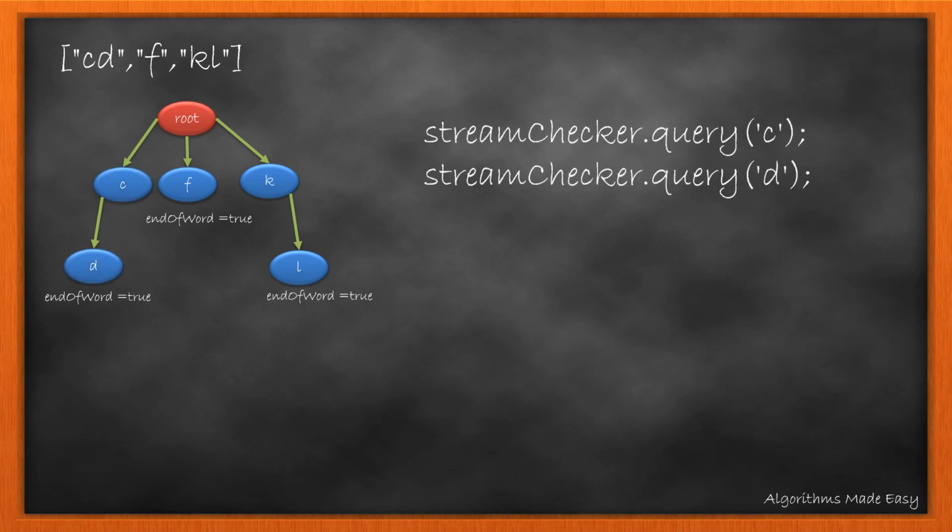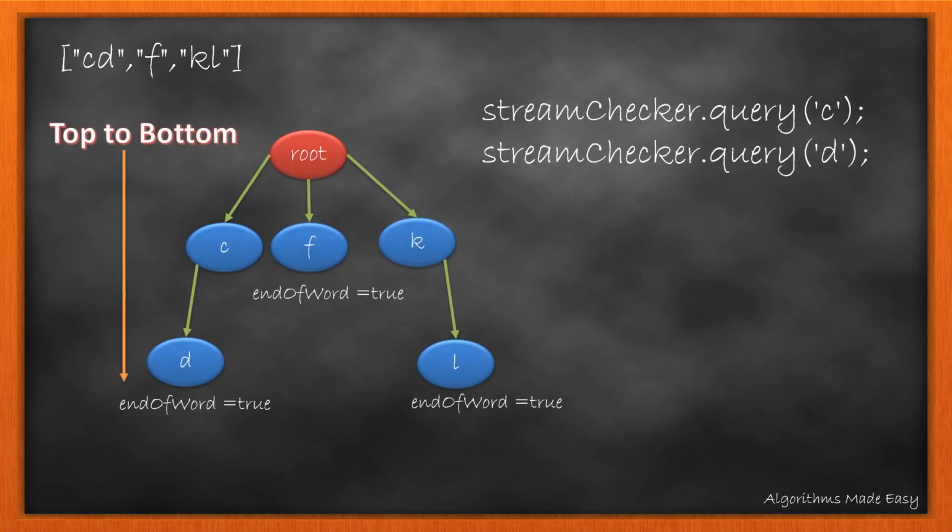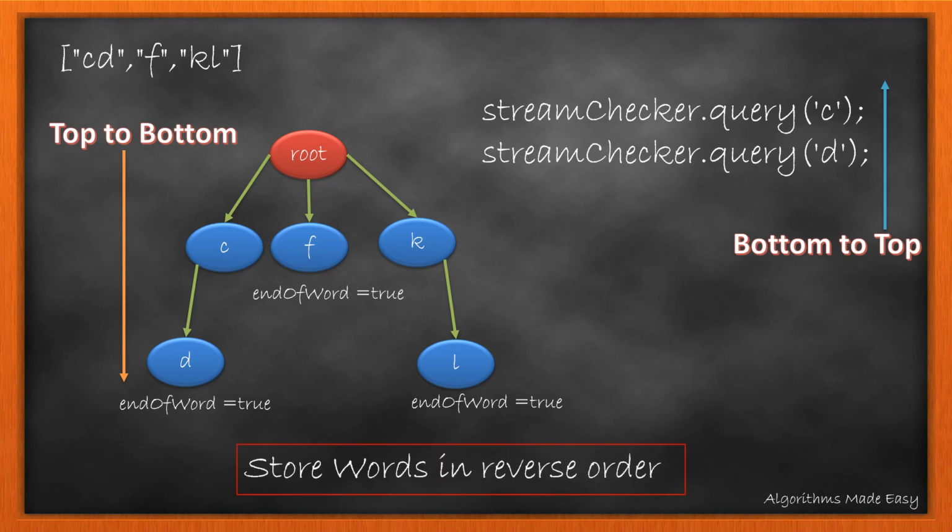For now, let's forget about all the other query statements and focus on these two. We see the words are stored in top to bottom fashion, so the word is CD where C occurs before D. Coming to the queries, we need to move in bottom to top fashion, so D will occur first for us and then C. So we can say the two are not in line with each other. We cannot change anything on the query side as it is user input. We can always change the way we store the data. In order to bring the two in line with each other, we can simply store the words in reverse order. That way, the word CD will become DC, and while searching, D will come before C.